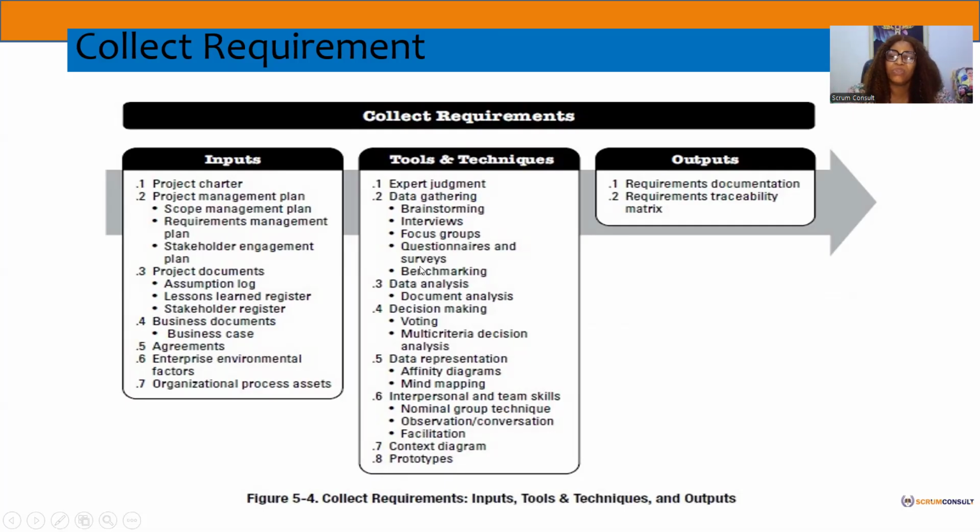In the new PM edition, the PMBOK 8th edition, you see that AI is part of the data gathering. You could have your data analysis in some cases, which is your document analysis. You could do your decision voting, of course, especially when you have maybe your focus group or your workshop, and ideas are being shared, or during your brainstorming sessions. How do you take decisions? Okay, you have your voting. Don't forget what we did. Three types of voting. We did it.